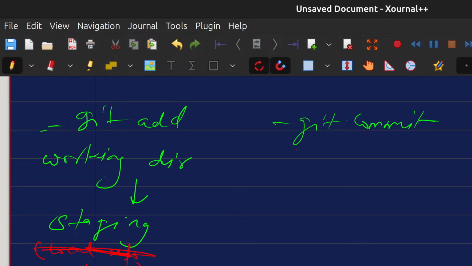What git commit will do, git will take the snapshot of the local repository. Okay, so whatever files you describe in staging, right? If you are going from staging, then directly you can take the snapshot of those files. If you are not providing, you are directly running the git commit command, then it will take the snapshot of the entire local repository. Okay, so it will do a local repository snapshot. Alright,